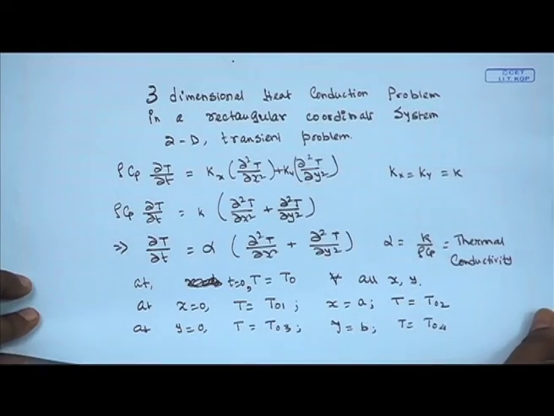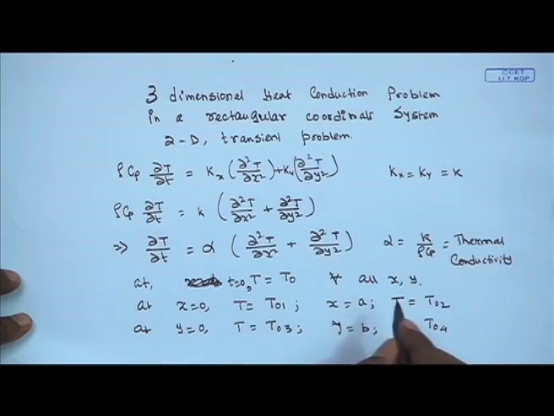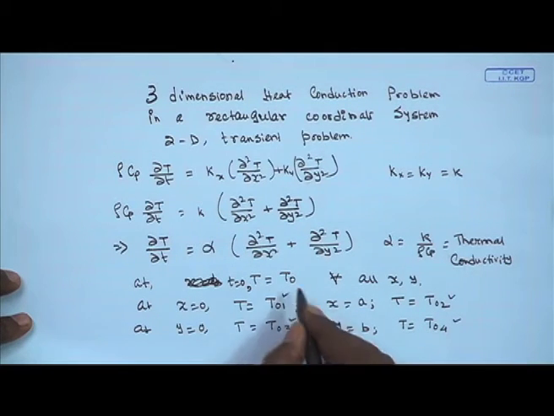Now, as we have seen earlier, let us count how many non-homogeneities we are having in this particular problem. So, there will be 4 non-homogeneities appearing in the 4 boundary conditions and 1 non-homogeneity appearing in the initial condition. There are 5 sources of non-homogeneities we have in this particular problem.